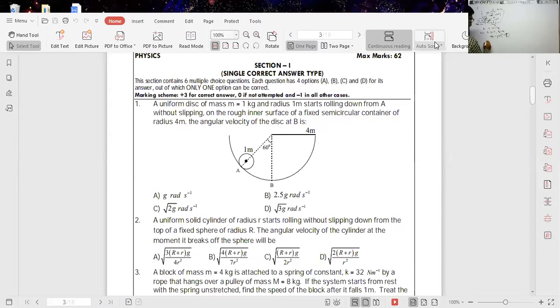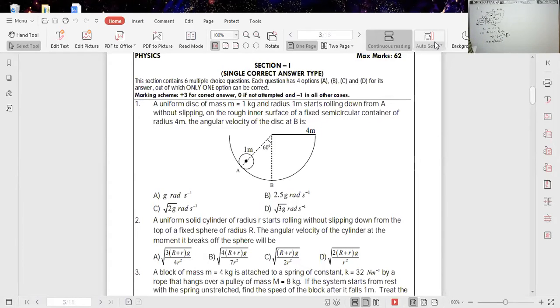Okay, here first of all you write m g into h. You see what is this distance? Up to this it is capital R, from that you subtract the small r. Then this distance is equal to capital R minus small r. From that you have to subtract this distance, capital R minus small r cos 60. So capital R minus small r you take common, then 1 minus cos 60. It is the distance through which the central mass of the disk falls. So this is the loss of potential energy. That is equal to gain in rolling energy of the body.